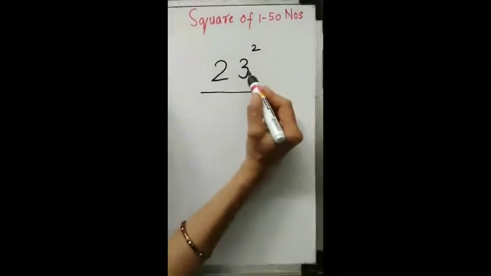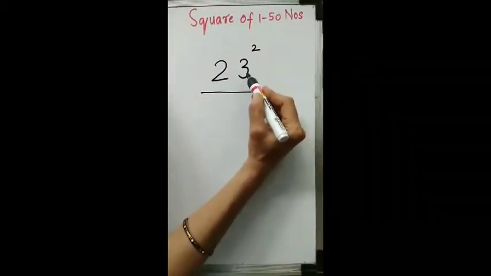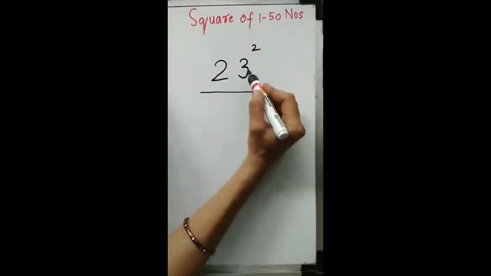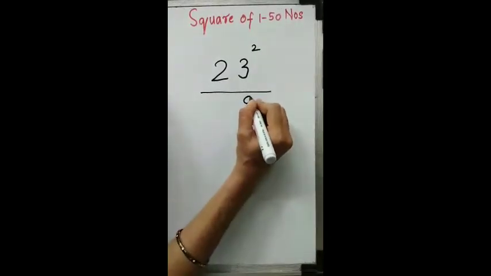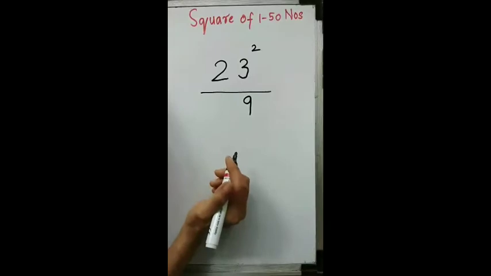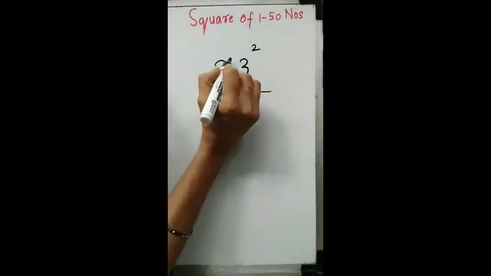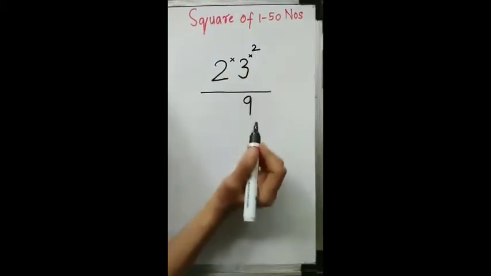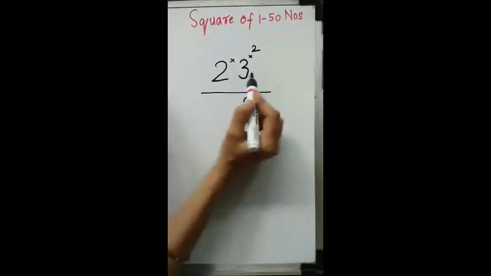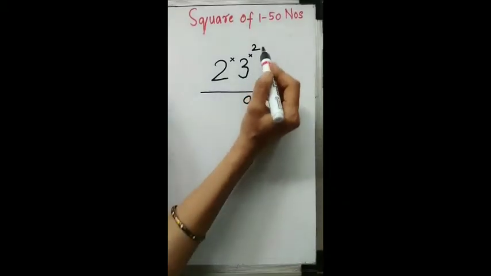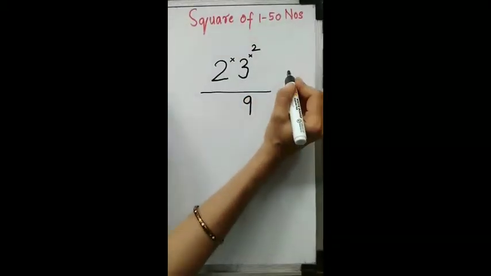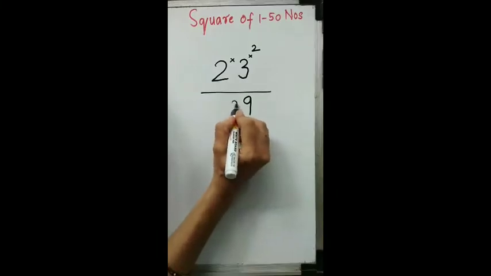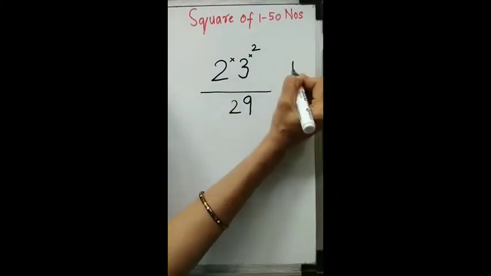First thing is I will square the number in the units place. 3 3s are 9. So I will write 9. Right? Now my second step is I am going to multiply 2 into 3 into 2. So that becomes 2 3s are 6. 6 2s are 12. So from 12 I will write 2 over here and I will carry 1.